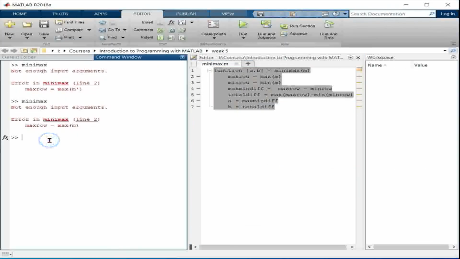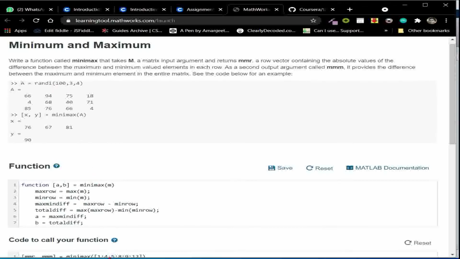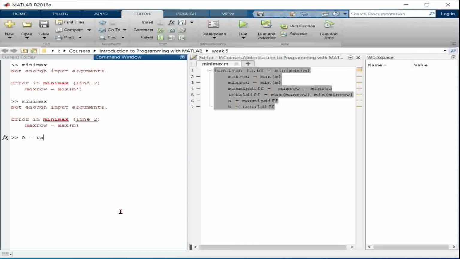Okay, I've run it. What is it? Let me verify it from here quickly. A is equal to randi, 100, 3, 4.